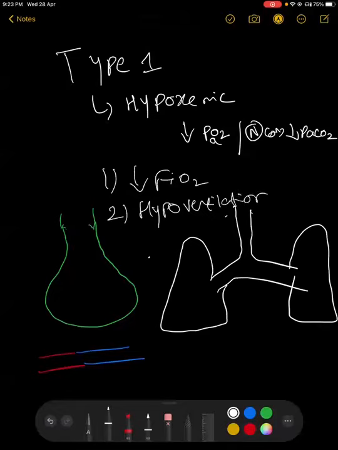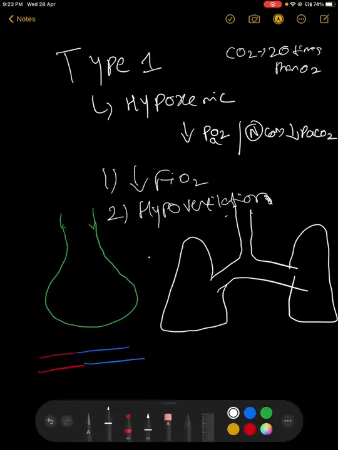Okay, just keep this in mind. Most of the causes of hypoventilation will actually cause type 2 respiratory failure. Whereas at the initiation of hypoventilation, the patient will be having type 1 respiratory failure at the onset. It is mainly because CO2 is more easily diffusible across the alveoli than oxygen. CO2 is almost 20 times more diffusible than O2.